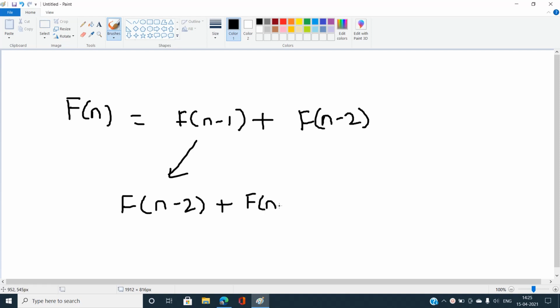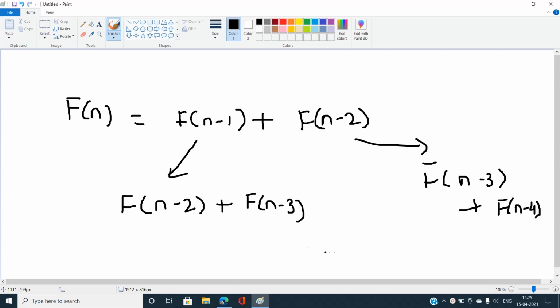Similarly for f of n minus 2, we need f of n minus 3 and f of n minus 4. Now you can see there is a recursive relation that we are obtaining, and we need to define a recursive function where the base values are f of 0 equals 0 and f of 1 equals 1.